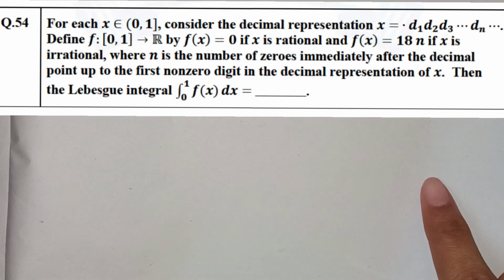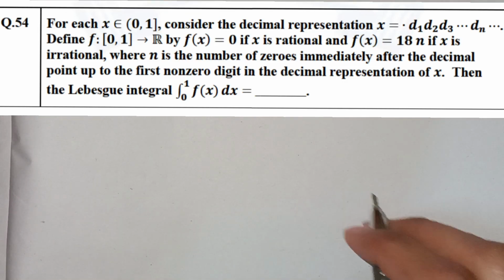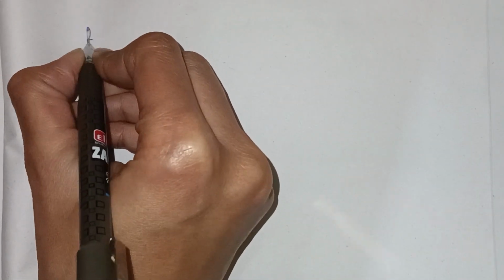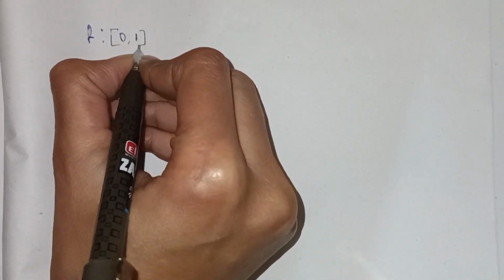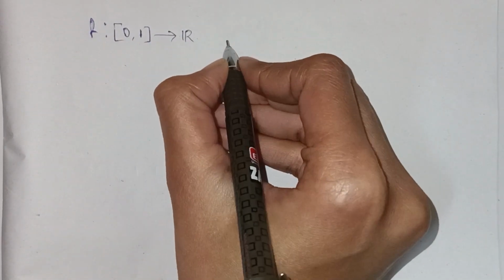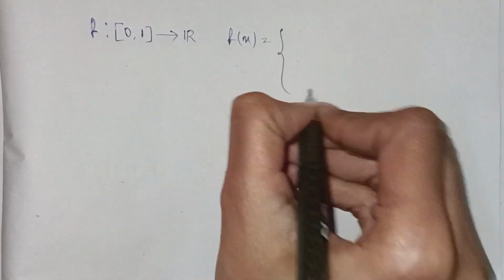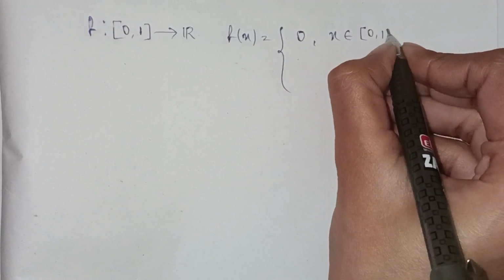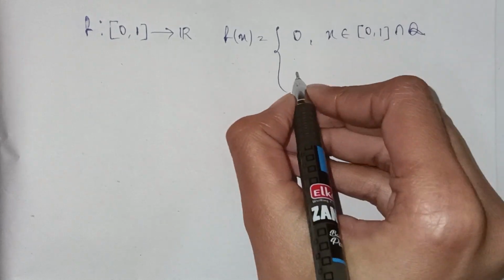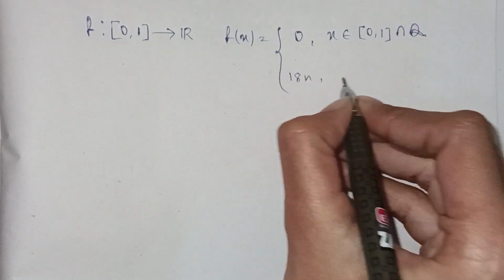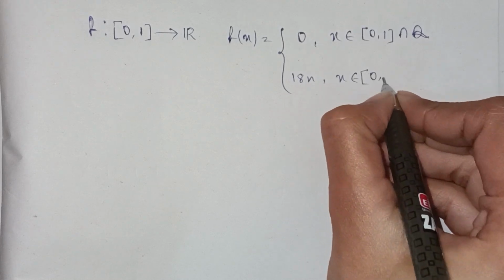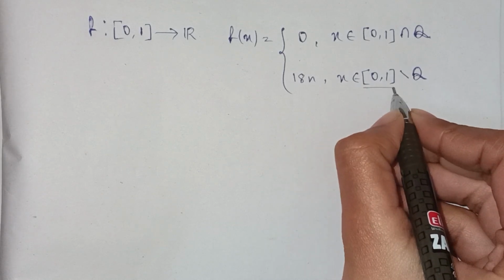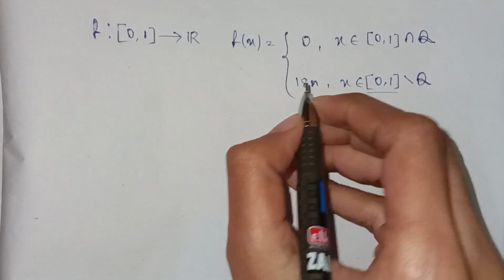This problem on Lebesgue integration is from GATE 2021. It says f is a function defined on the closed interval [0, 1] to R by f(x) is equal to 0 when x is rational and x belongs to [0, 1], and f(x) is 18n when x belongs to [0, 1] minus rationals. That means the irrational points in this interval [0, 1], where this n is,